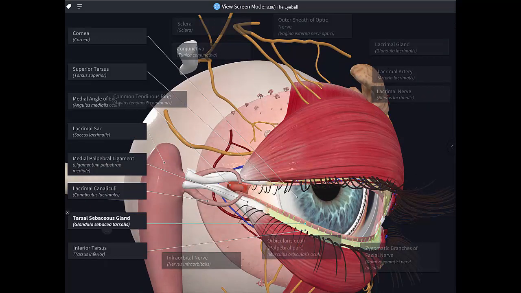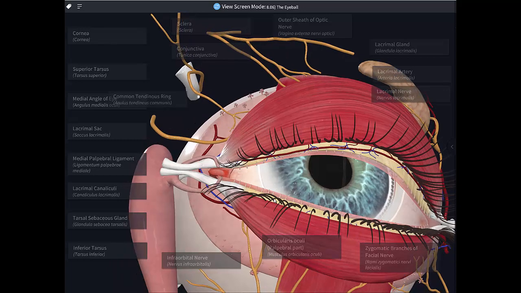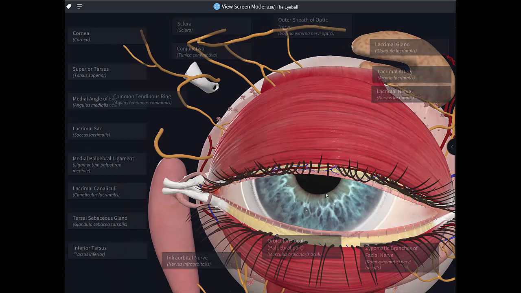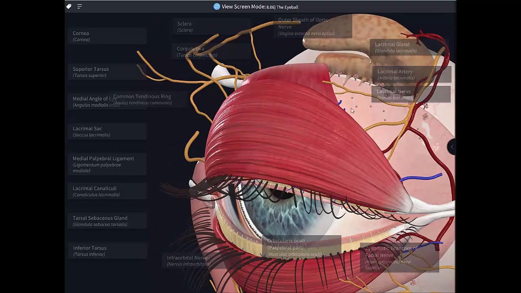We also have embedded in there some tarsal sebaceous glands. They secrete a kind of oily lipid secretion which will help lubricate the edges of the eyelids and prevent them from sticking together when they close. It also helps form a barrier that lacrimal fluid doesn't cross when produced in normal amounts. When the production of lacrimal fluid from the tear gland is excessive, as you can imagine, it'll spill